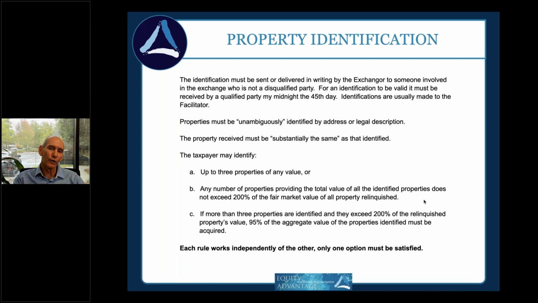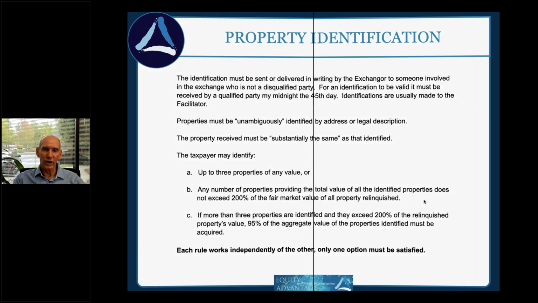So when we're looking at a reverse transaction, let's just set it up. Find your property, make the offer, get it tied up, let us know the deal's in escrow. We can get all the ducks in a row ready to go either way. And then hopefully we're going to get your relinquished property sold pre-acquisition. If we can't, then the reverse is there to take care of things. So once again, timing is critical. Ask for whatever time you feel you need, whether it's on an acquisition or a disposition, to get you where you want to go. And we're going to use the structure of exchange that's needed to get you taken care of.